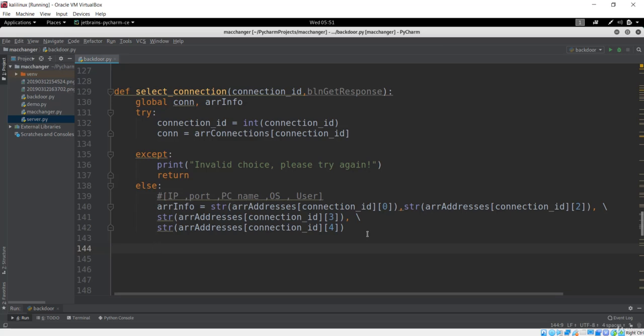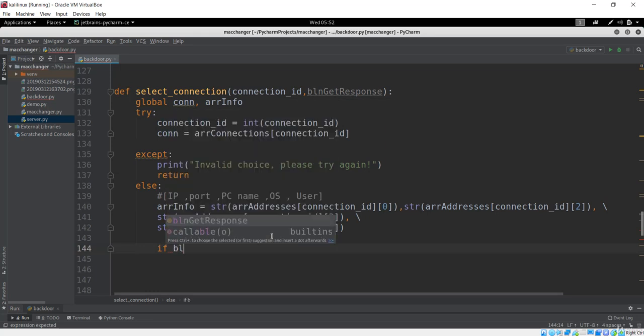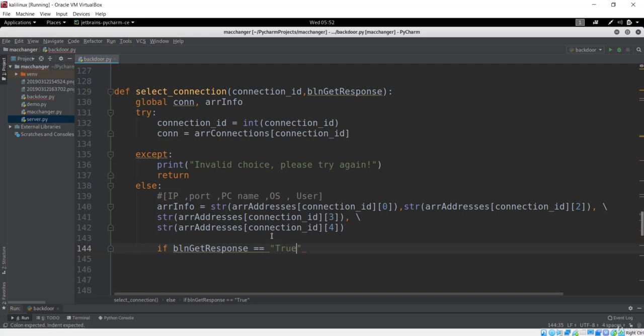And the next thing here is this responses. So we'll just see what this response is. If this response is true, okay, it is not true, it is in this true. If this is true, then what I want is I want the information printed right away that you are connected to, and if you see, I want the IP addresses.